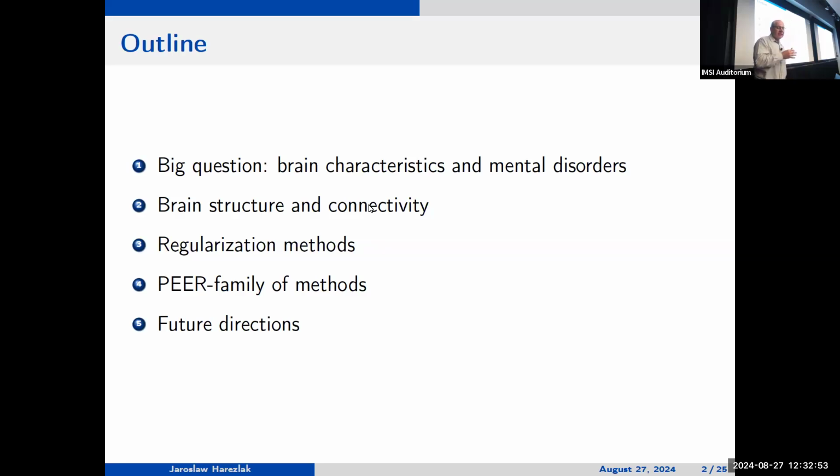I won't really go over the outline, but basically, looking at the past, we developed this PEER family of methods. What's PEER? It's Partially Empirical Eigenvectors for Regression. We started that research working with imaging data, but not the imaging data I will be talking about today. We started with magnetic resonance spectroscopy. Has anybody here in the room done any work on MRS? Okay, so I won't go into that, but basically, we're trying to get signatures of metabolites in the brain. We started from the perspective of functional data.